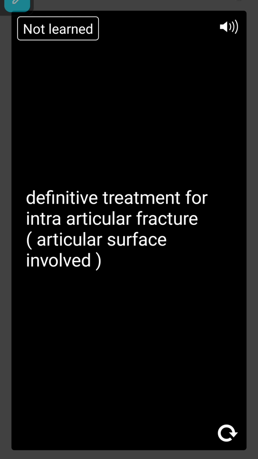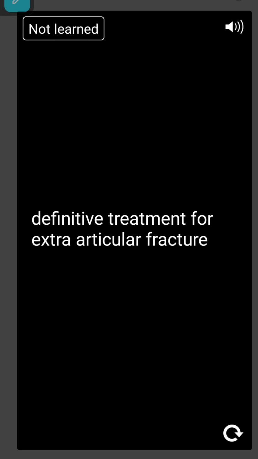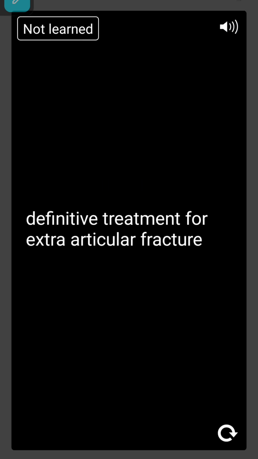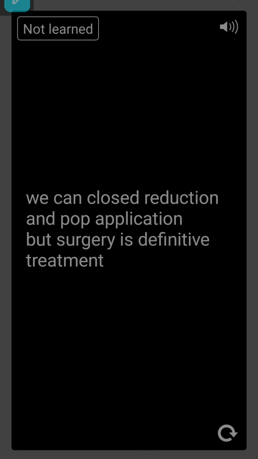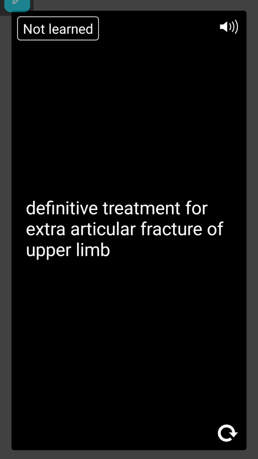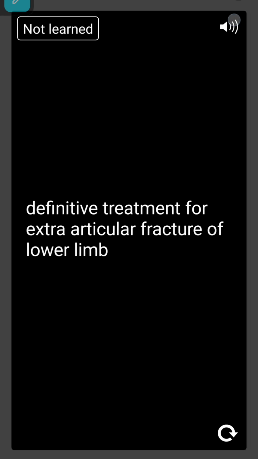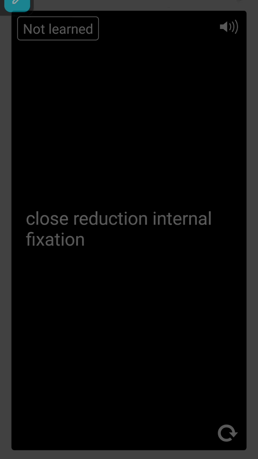Definitive treatment for intra-articular fracture, where articular surface is involved: ORIF, open reduction and internal fixation. Definitive treatment for extra-articular fracture: we can do closed reduction and POP application, but surgery is the definitive treatment. For extra-articular fracture of upper limb: ORIF. Definitive treatment for extra-articular fracture of lower limb: